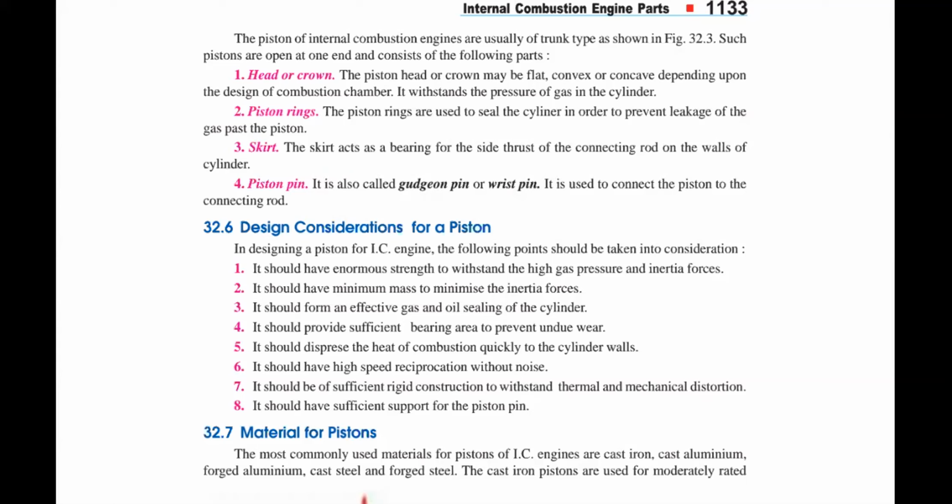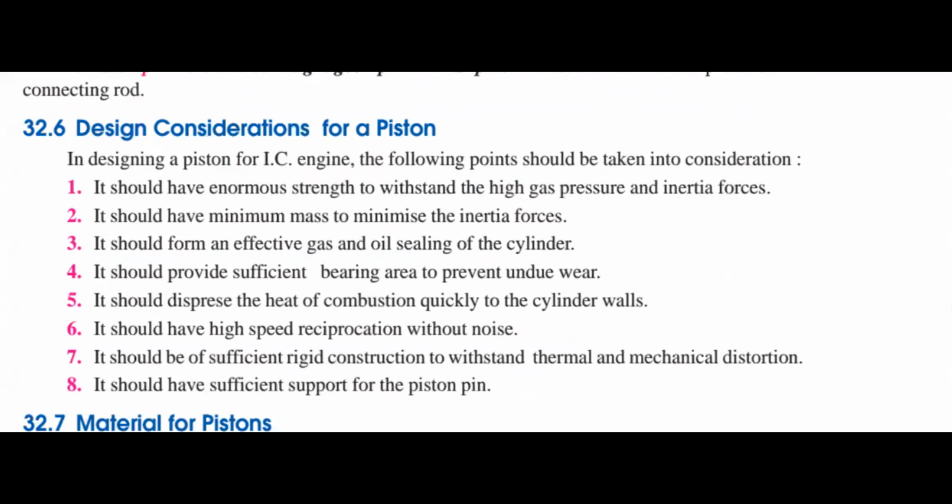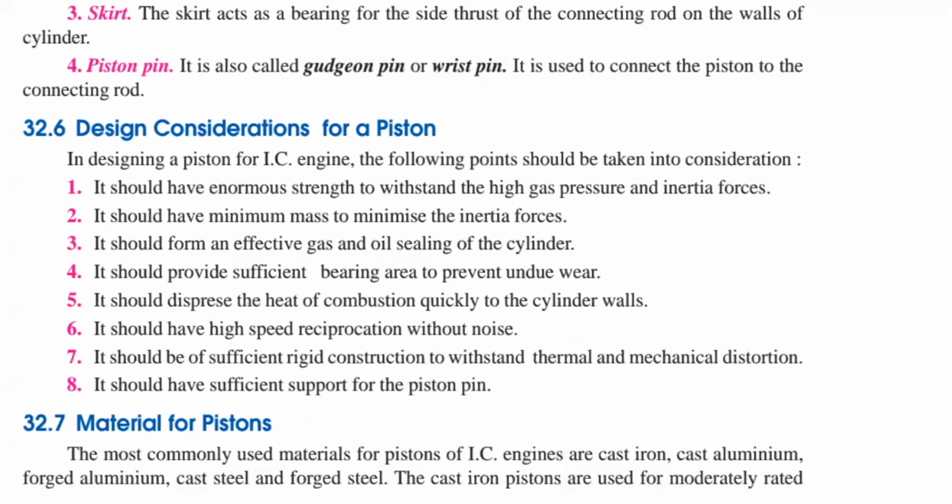Next, you should have minimum mass to minimize inertia, because always as a design engineer, I told you that you have to maintain a minimum mass. Definitely the strength to weight ratio should be very high, with less weight. Always we prefer this. Suppose you consider your mobile phones, or at least your bikes, you prefer lightweight, because it has to perform well but not be heavy to carry. Best examples are your cell phones.